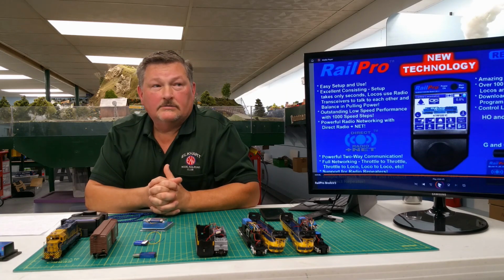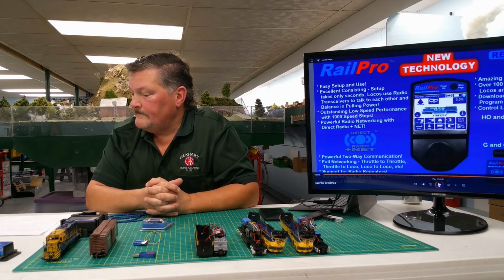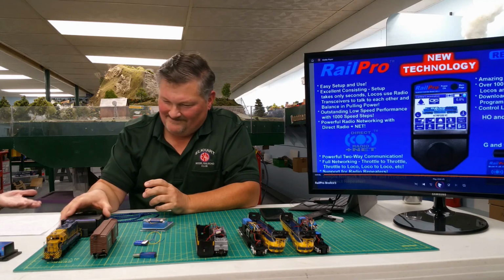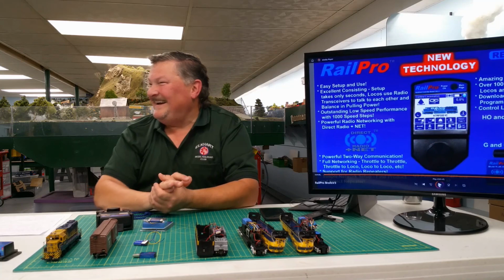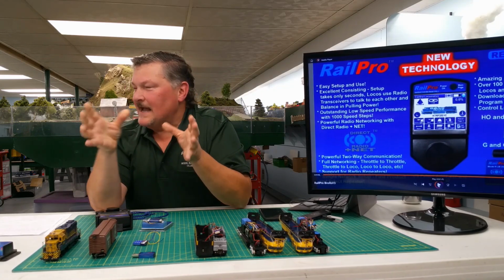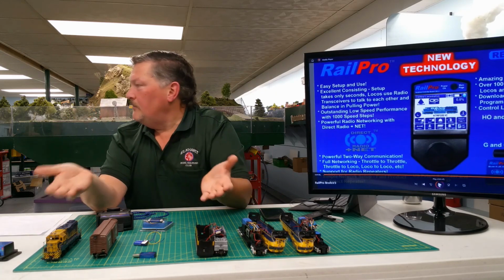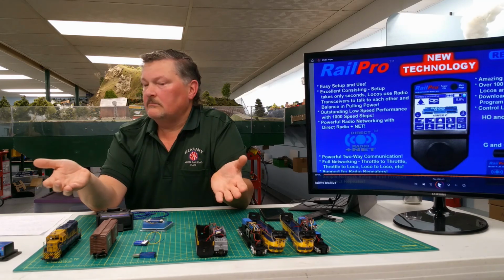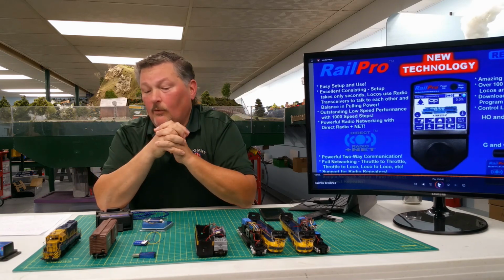Is there anything else? Going back to the batteries, let's say you've got a 3 amp hour battery. How long could you run out here on the layout with that battery, say with one engine versus three engines running off of it? Is Ken running or not? Ken's not running. Well, I don't know how to break this down, but if you have a locomotive pulling 300 milliamps at full speed, and you're never going to run full speed on here, you could feasibly run one of these